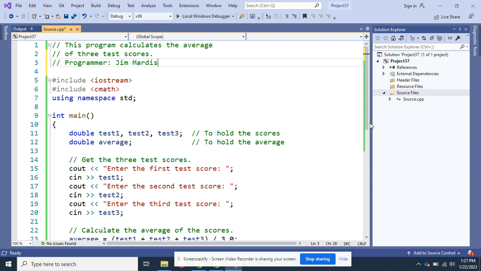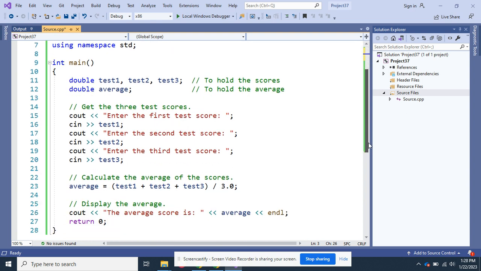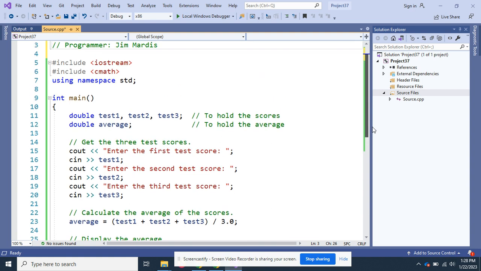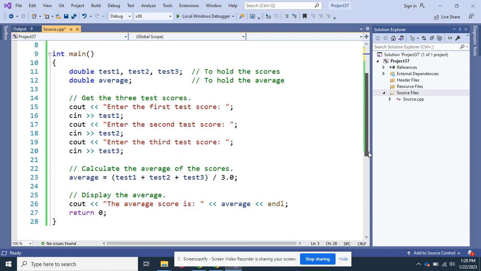Then as you go through the program, little comments that explain what each thing does or what it is, for the reader or future you or somebody picking up your program. So you can see this isn't over commented.